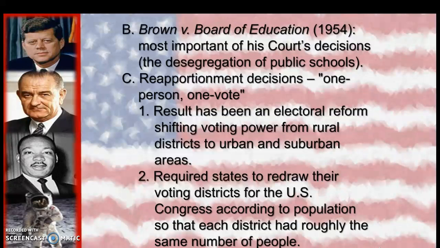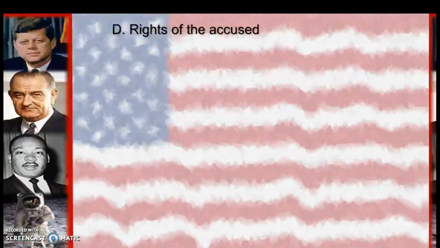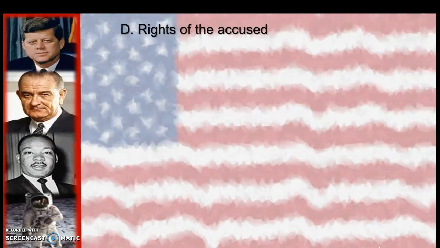So what they did was redraw the lines as best they could to match, so that each congressional district would have one senator, one congressman. And what that did was basically mean everybody's vote counted the same. From the Warren Court on, they've done the best they can to redraw districts so that each individual's vote counts as equally as they can. It's a complex issue, but you guys will learn more about that in government next year.